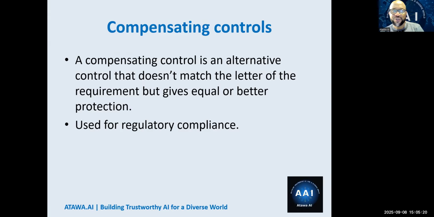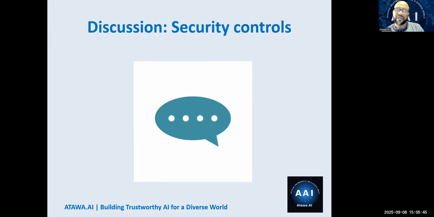And then compensatory control basically means an alternative control when the main control is not available. An example would be you're running Windows 7 when you know Windows 7 is no longer being supported by Microsoft, right? So what you now do in that scenario is to maybe have some other kind of control to make up for that primary control not being available. And sometimes you use this for regulatory compliance, for the law, to make sure that whatever your entity or your government requires you to do, you're in compliance.